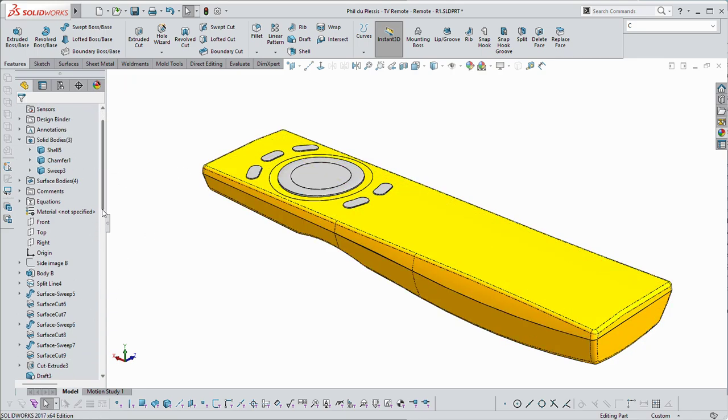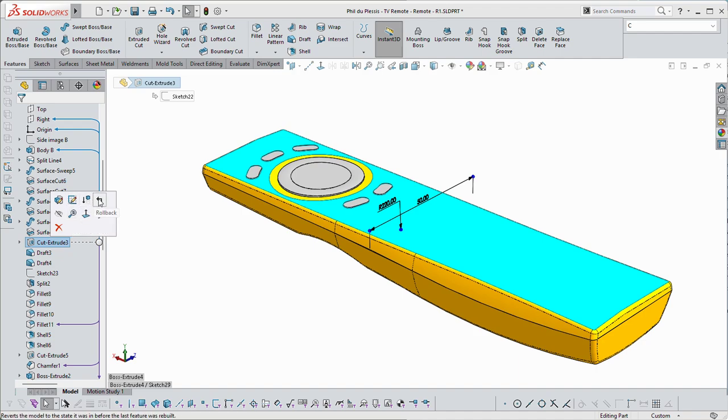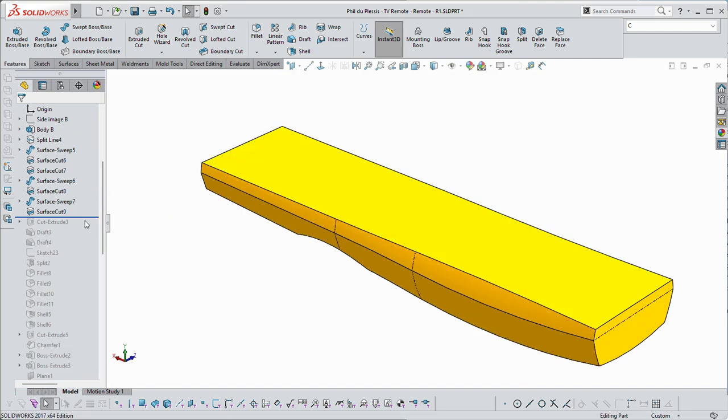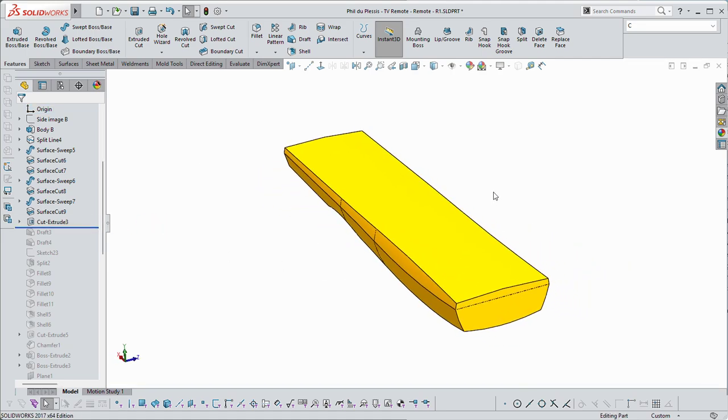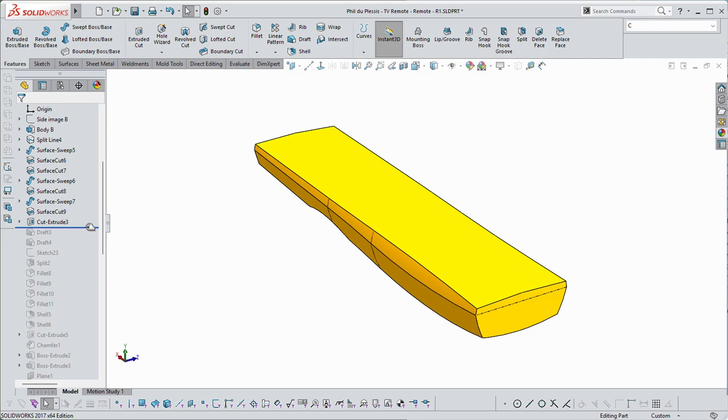I'm going to just scroll back to where I thought we were last time, which is roughly around here. Not quite. Let's go one more. Okay, so that's as far as we've gotten. So I need to go step by step just to show you how to finish off this model. We'll go up to the point of cutting out the holes for the keypad,